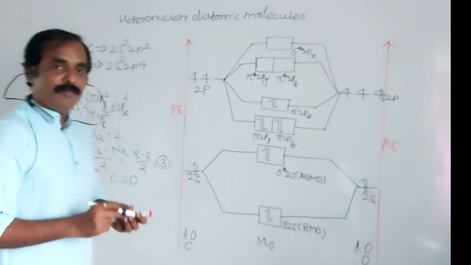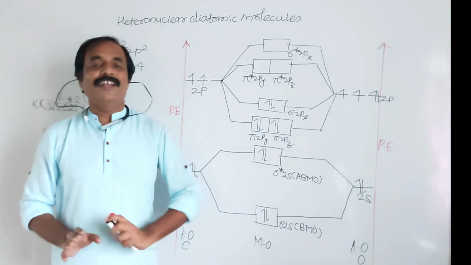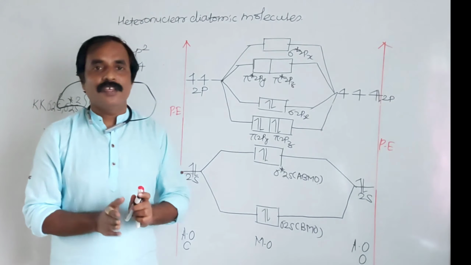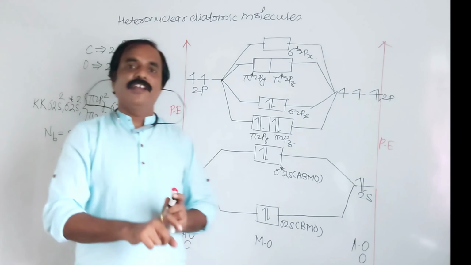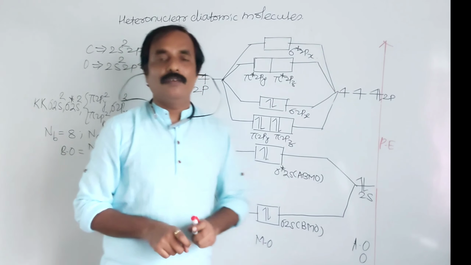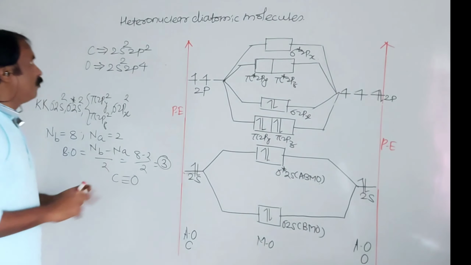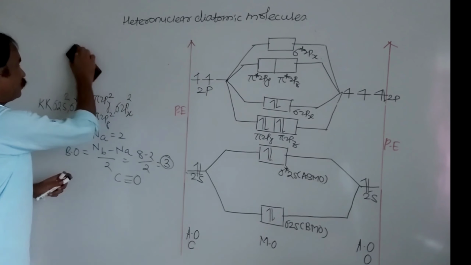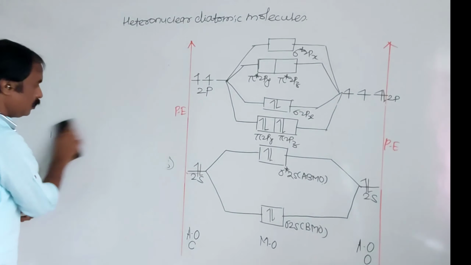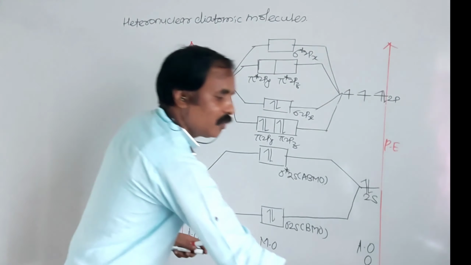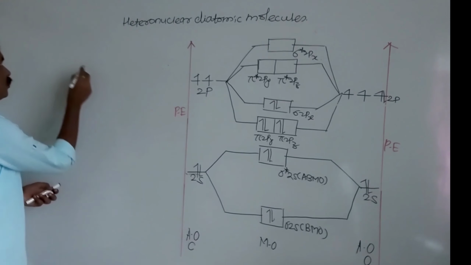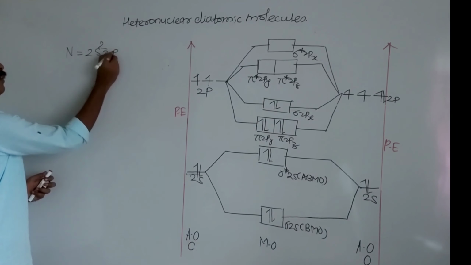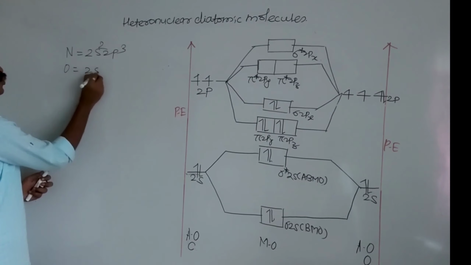In the case of carbon monoxide, we have to follow the order of light elements because the sum of the atomic numbers of the constituent elements is equal to the sum of the atomic numbers of the nitrogen molecule, which is 14. Another example, I will take nitric oxide, that is NO. Here in the case of nitric oxide, we have to follow the order of heavy elements. The outer shell electronic configuration of nitrogen is 2s2 and 2p3, and of oxygen is 2s2 and 2p4.